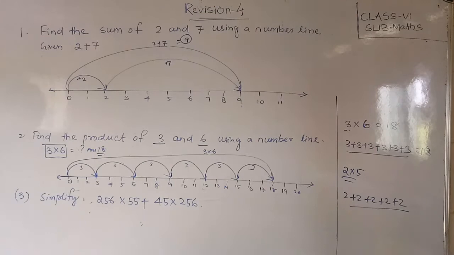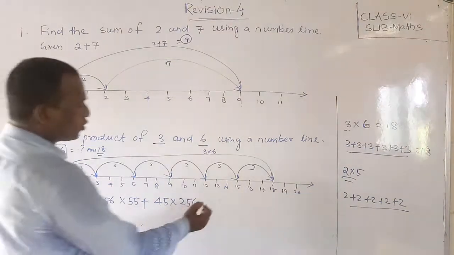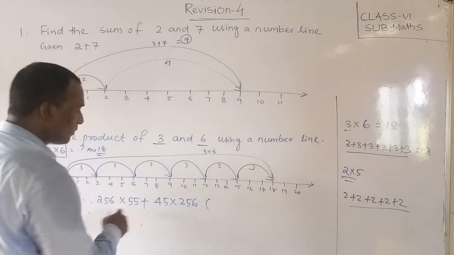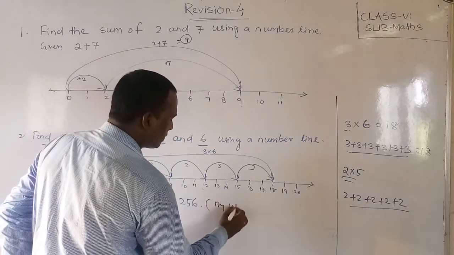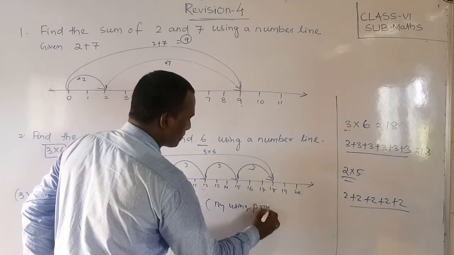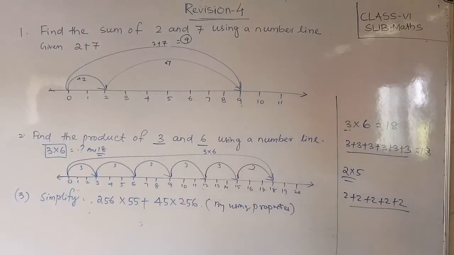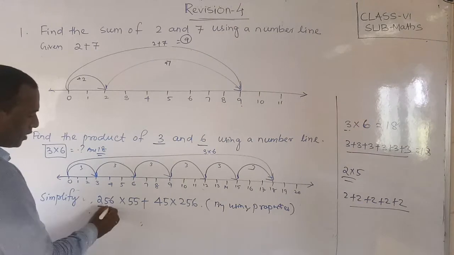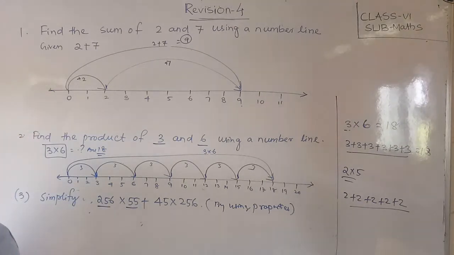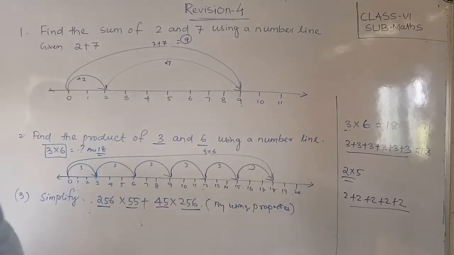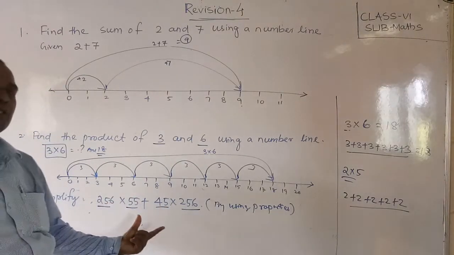Students, next we will go for simplifying a problem. It is very important, students, so observe carefully. By using the rules we can write this, but you can also do it by using properties. Students, observe here. Here this is one number, multiplied with this, and the same number is also multiplied with this. Carefully, you should try to understand this question.